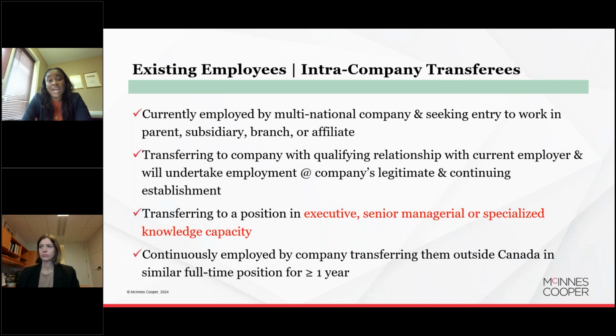Both companies have to be in active business, in the sense that they're a going concern. They are still offering businesses. They are still offering their service or some product, and that is still continuing as at the time the work permit application was